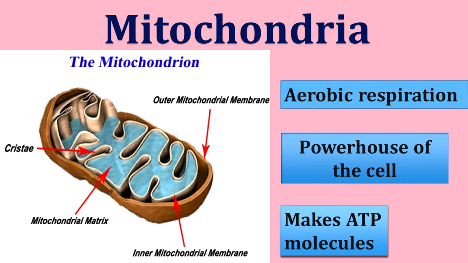Mitochondria is an oval-shaped or rod-shaped double membrane cell organelle, and it is involved in energy production. The cellular respiration takes place within the mitochondria. The food is oxidized in the presence of oxygen and energy is released. The released energy is in the form of ATP molecules, adenosine triphosphate. This energy is used for all the metabolic activities of our body.